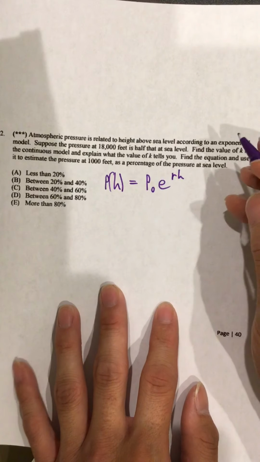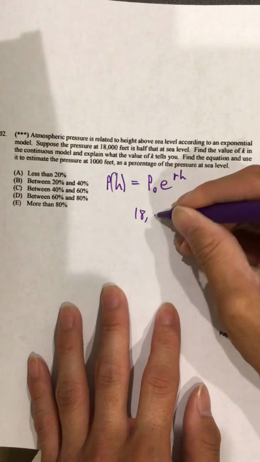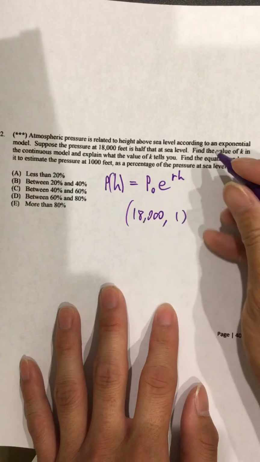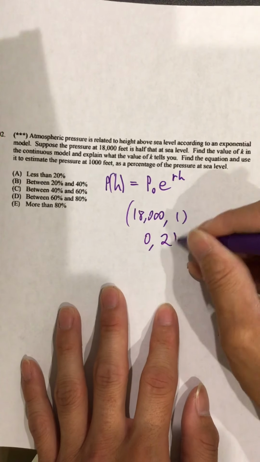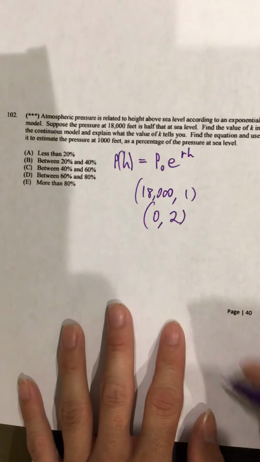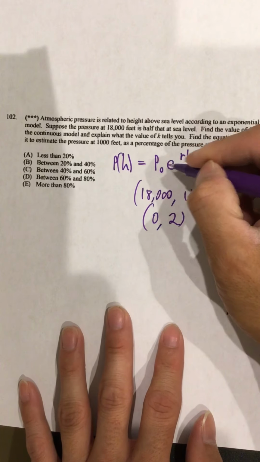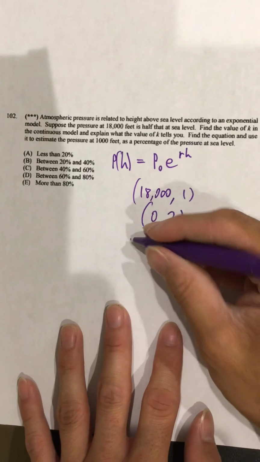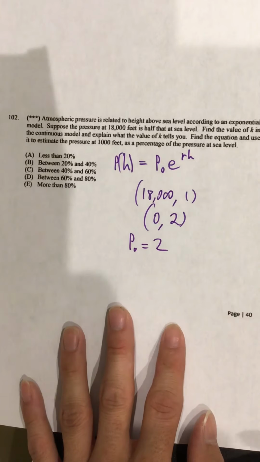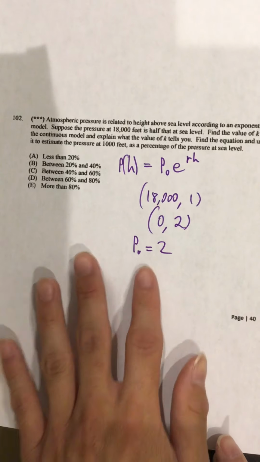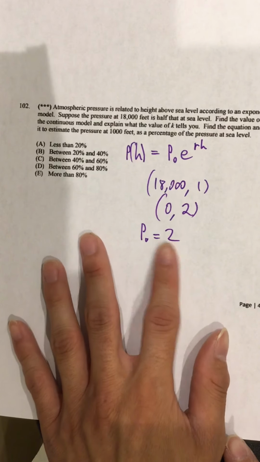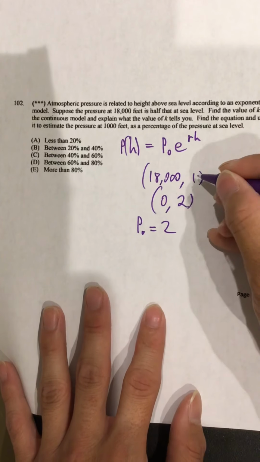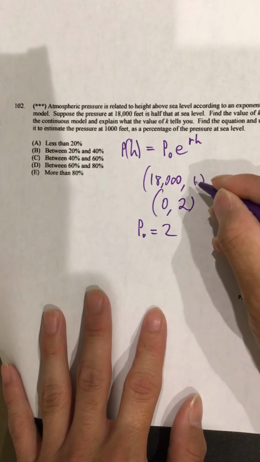So for the sake of simplicity, I'm going to say the pressure at 18,000 is 1. So that would mean the pressure at sea level, this is our 0 reference point, would be 2. Now, if we plug in 0, 2 equals P naught e to the rH, that term would cancel out to 1, and then our P naught would be 2. Interestingly, we actually don't have to do that calculation, because it doesn't actually matter what pressure values we choose, just as long as we make sure that the pressure at sea level is double that of